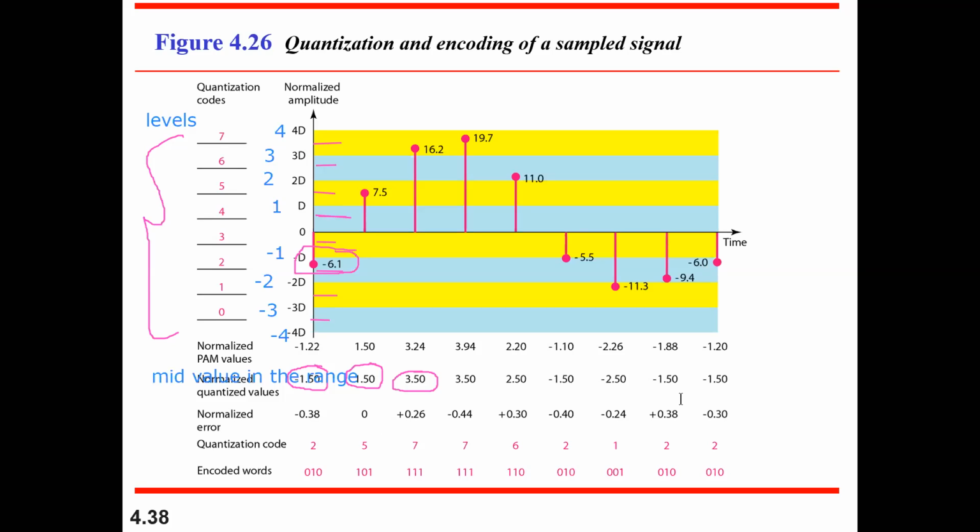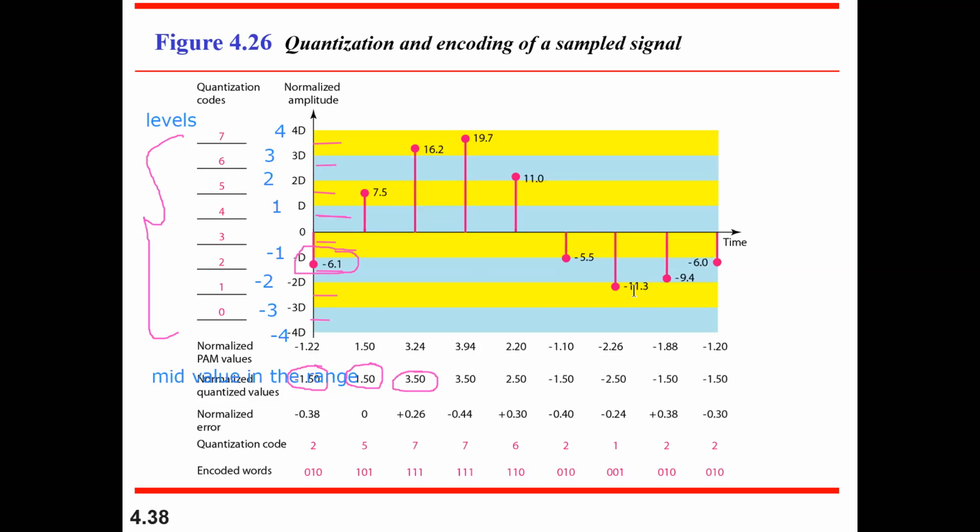If somebody still has a doubt, you can just raise your hand or post a question. No problem. We'll try to analyze this. See quantization code 2, how it is coming with respect to the 6.1 and as well as -5.5. -5.5 is also lying in the same level because it is crossing this particular -1. If it crosses -1, then it will be in terms of -1 to -2. In that, which is the level number that we have marked? 2. So that's why 2 is the one that we have targeted.